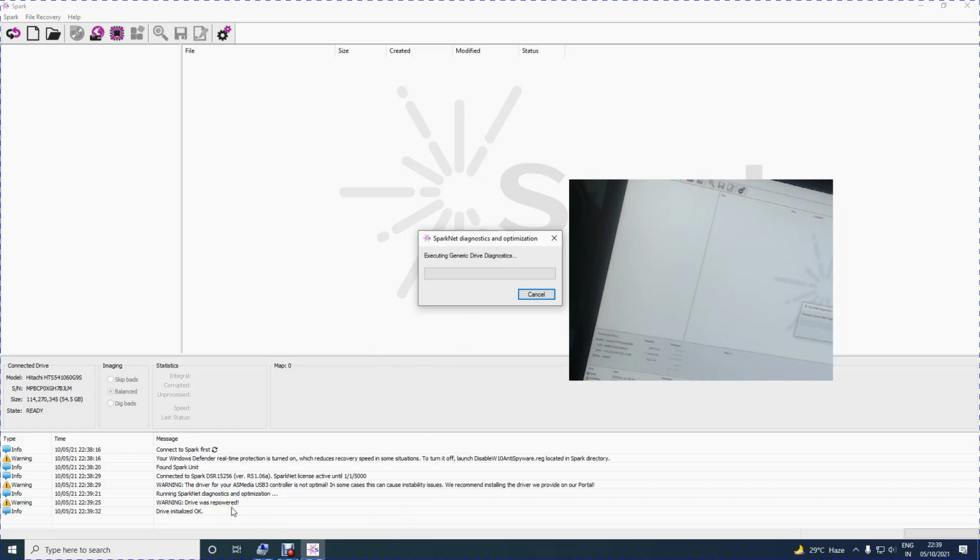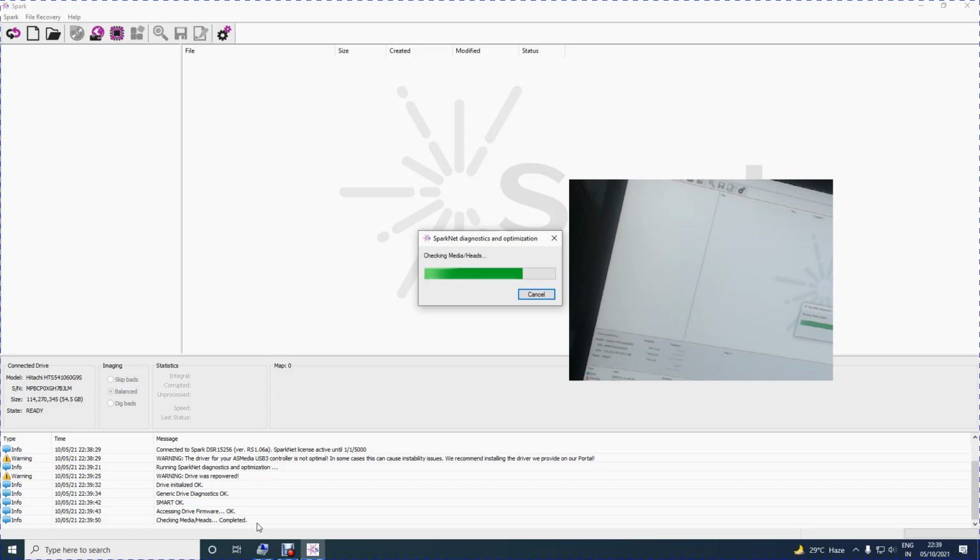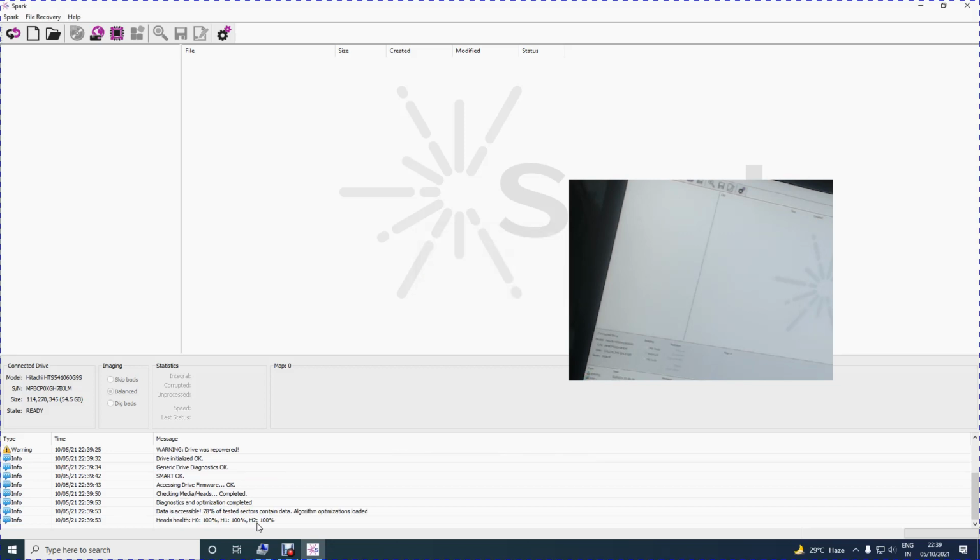You will see whatever it is doing here also comes here. Drive was repowered. Drive initialized OK. Generic drive diagnostics OK. Checking SMART system, SMART OK. Accessing drive firmware OK. Checking media heads completed.